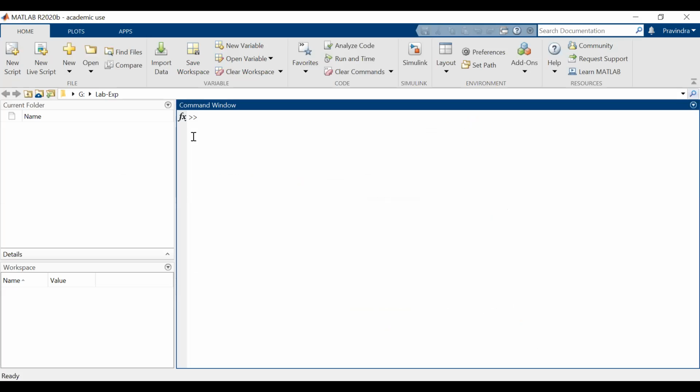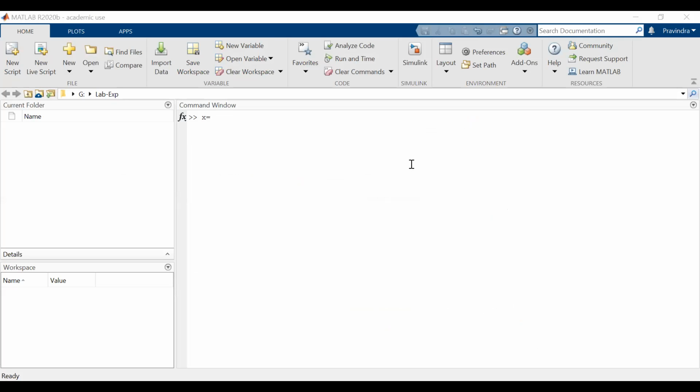Just like we can see, this is your MATLAB. And here, if you write x is equal to 1 2 3, if I write a semicolon at the last, the answer will not appear in your